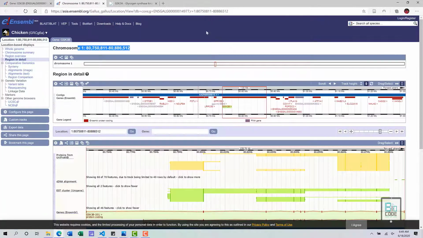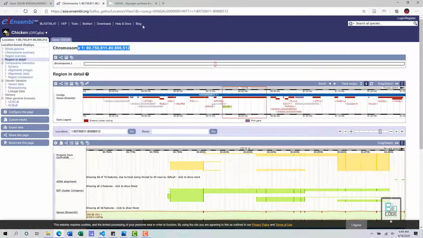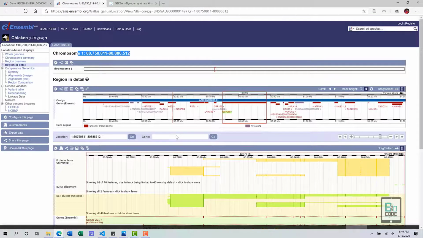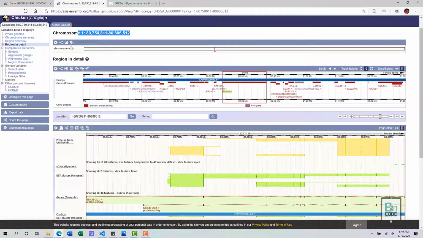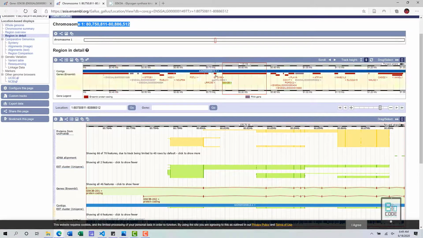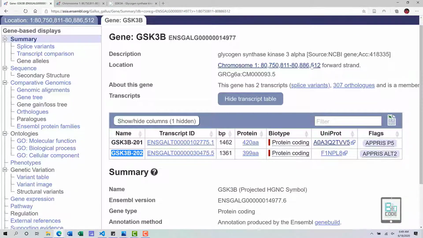First of all, let's analyze this chromosomal region. Once we have clicked on this region, it will directly take us to that particular page over here, and we have a plethora of information available. First of all, it is telling us this is chromosome 1. Then the region in detail: this box displays that out of the entire chromosome, the gene is present over here. Then in that region the gene is present over here, as you can see in the green color, GSK3B, and the arrow mentions the orientation, so it is the forward strand, the right strand information.